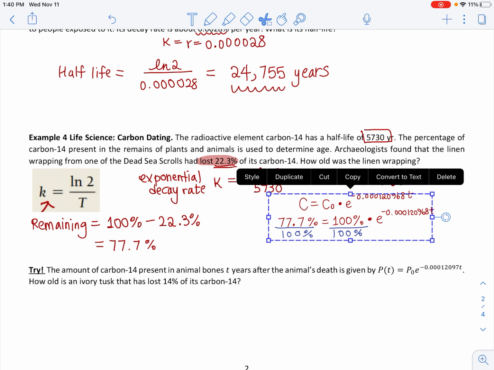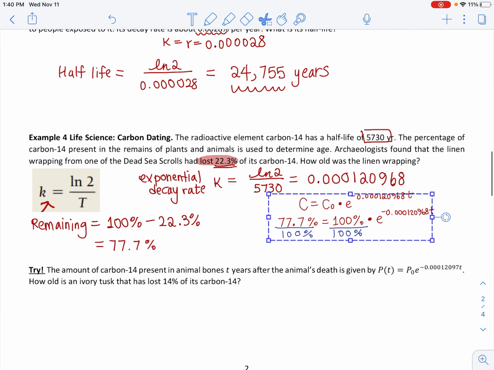It cancels out, right? So that's good. So the percent symbol is gone. So let me go ahead and type in 77.7 divided by 100. It says 0.777. Okay, better be accurate, my calculator. 0.777 equals e to the negative